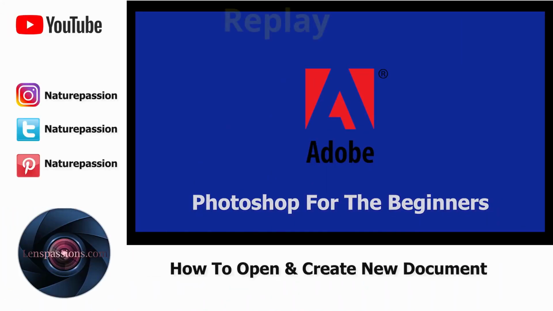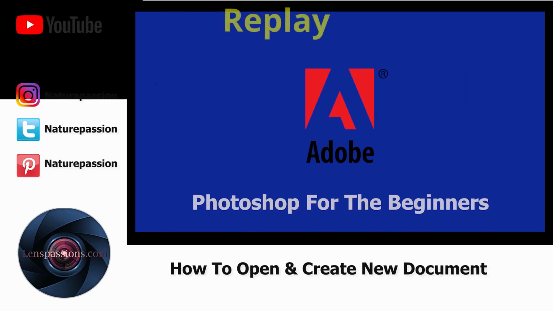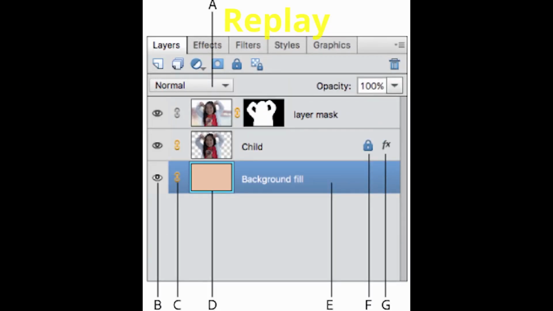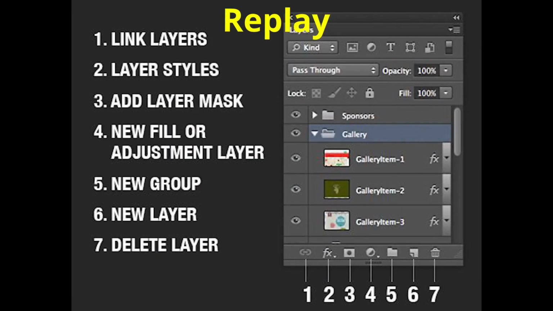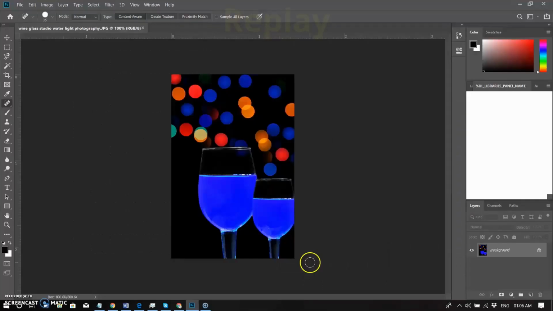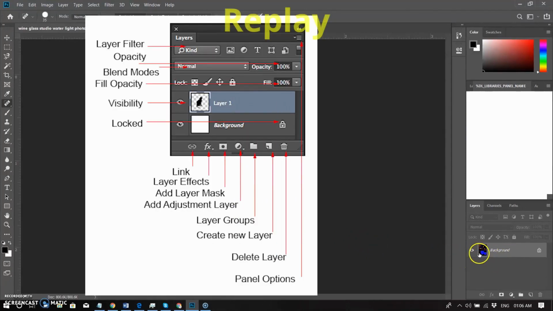In today's video, we will talk about layers. Layers are another essential tool that any Photoshop user should know how to use. This tool is one of the most useful tools. Layers allow you to work on parts of an image without changing others. They allow you to layer various edits and sections, each its own separate section and having no impact on any others. You can see some icons in the layer panel.